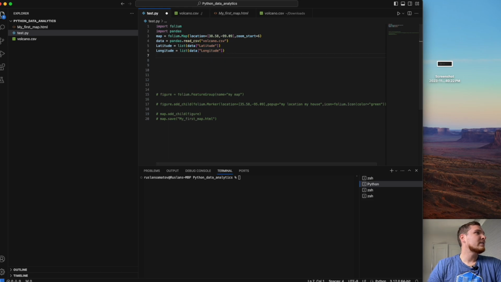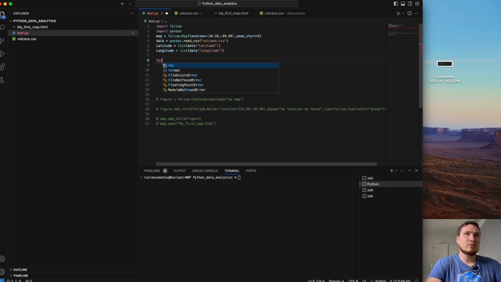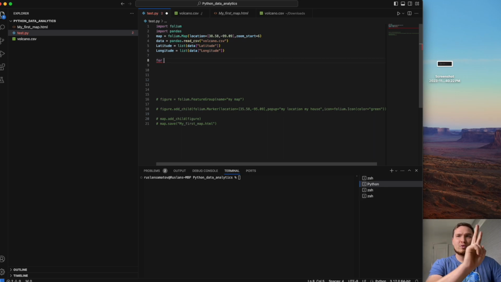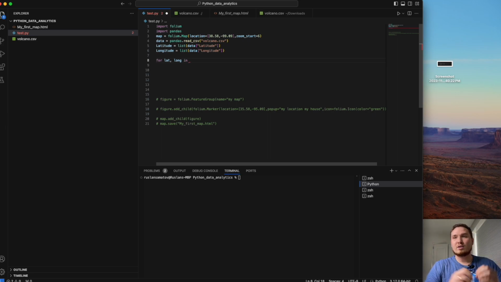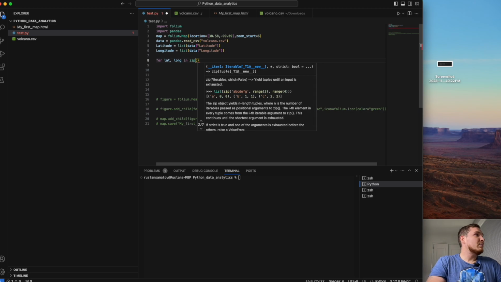Okay, the very next step, we need to use our for loop, right? And this for loop will be for two variables, like for our latitude and longitude. Now, remember I showed you the method zip, which takes two lists and takes one item from each list and matches them. This is the method zip, which comes from Python, from the common libraries. We specify it as the parameters, right? Latitude,